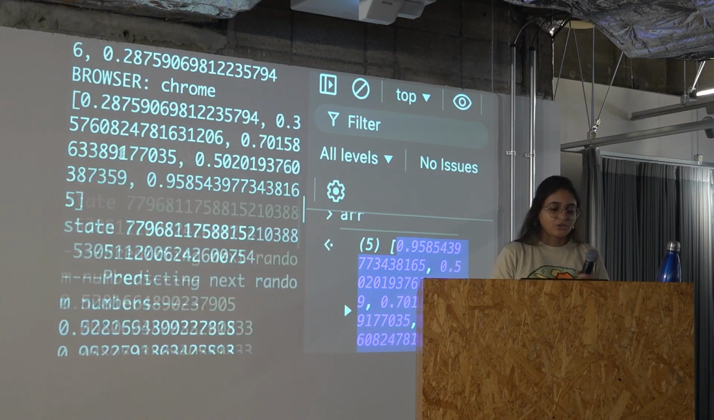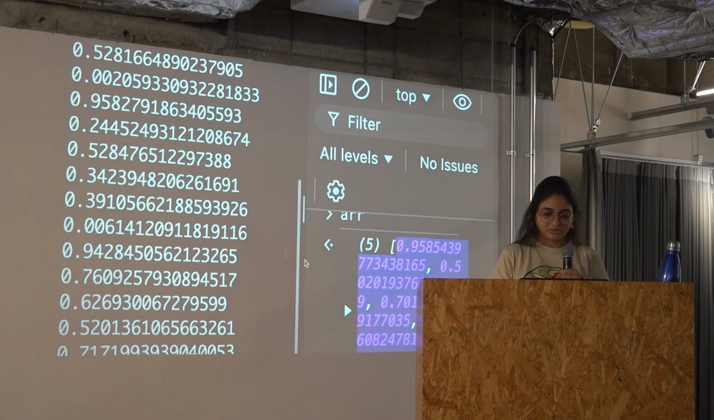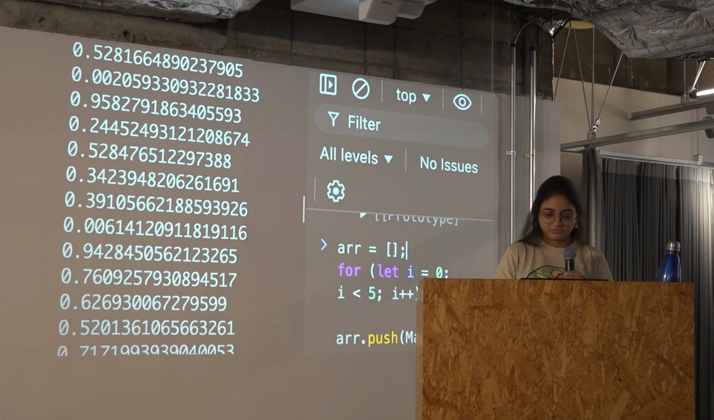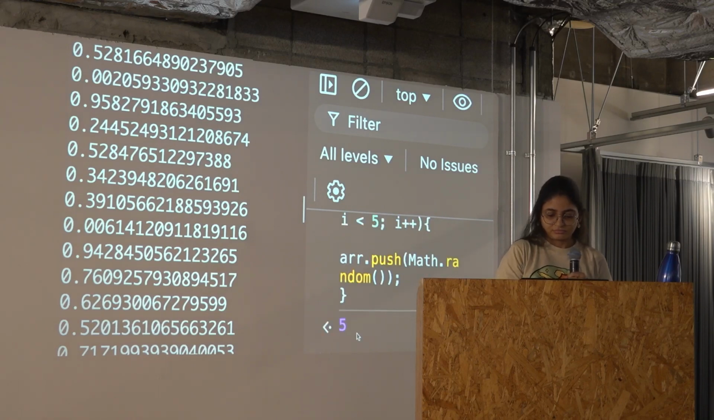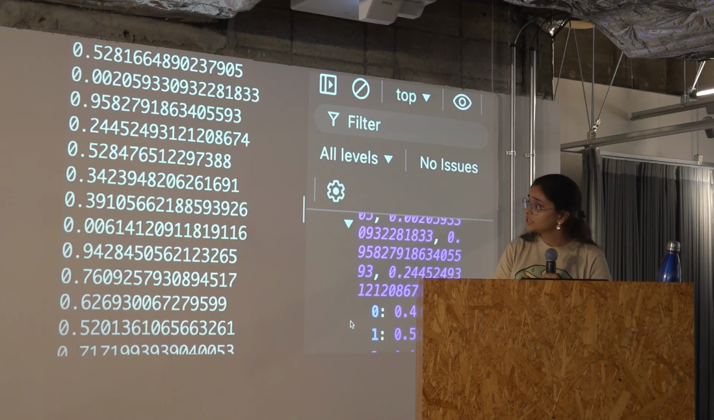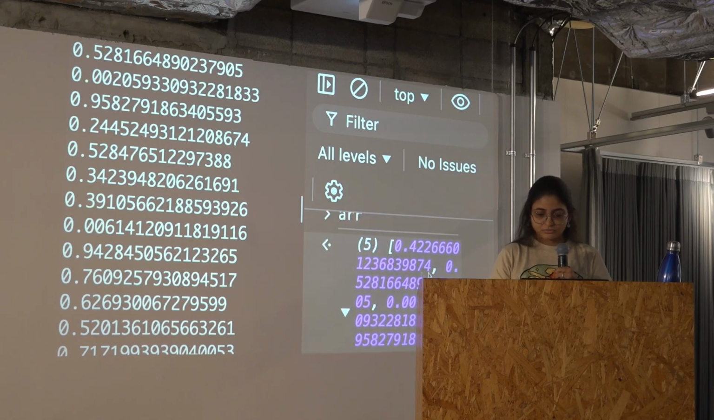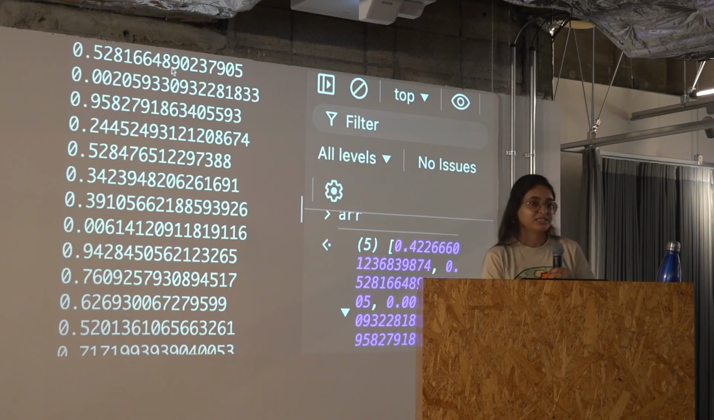So now you can see these are the state variables which the script is predicting, and these are the next random numbers. Now let me see what are the next random numbers generated. Okay, I hope the numbers are visible there. But if you notice, 0.5281664890237. It's present here. The next number is